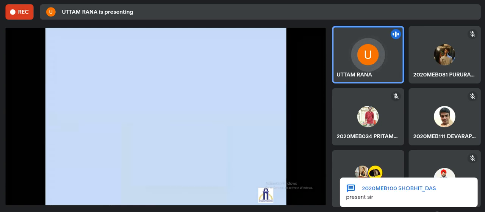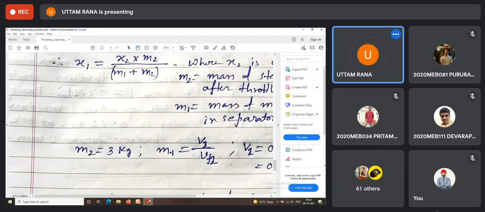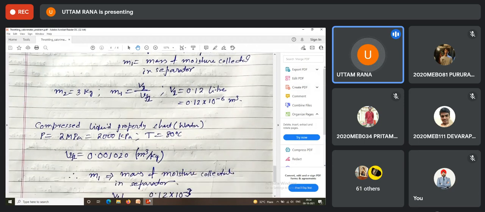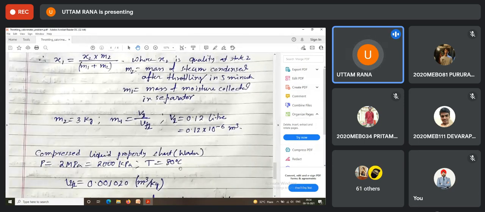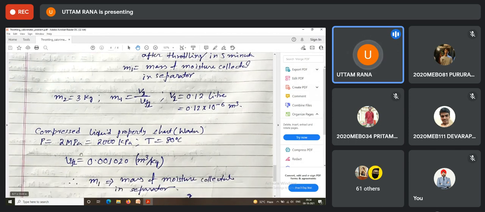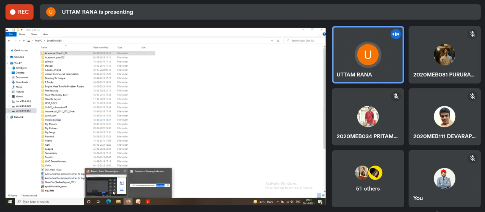So you have to check what is the saturation temperature corresponding to your 2 MPa pressure. Corresponding to 2 MPa pressure, the saturation temperature will be much higher than 80 degrees centigrade, because for 1 atmospheric pressure it is 100 degrees centigrade. So it is a subcooled state. So where to find this VF2? In which table should you consult? You should consult the subcooled liquid table. Let me open it. Let me show you.